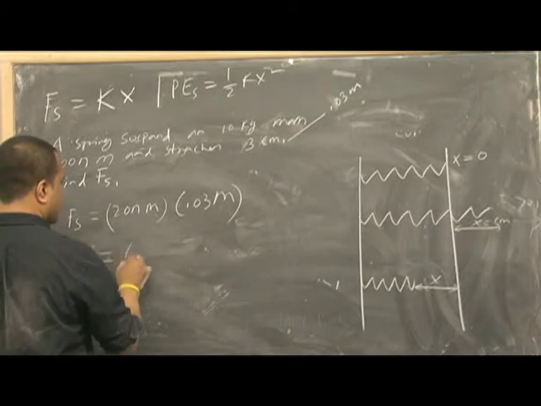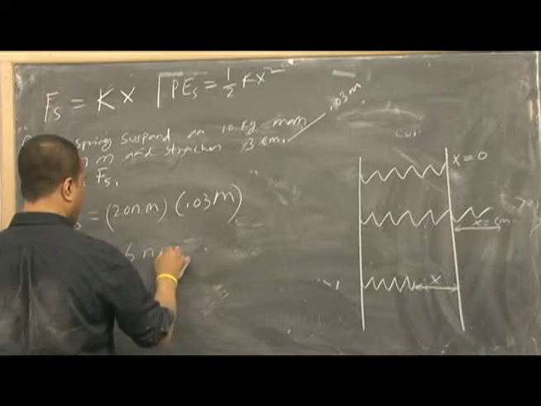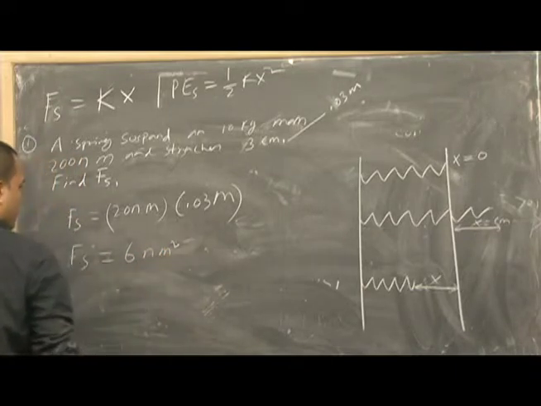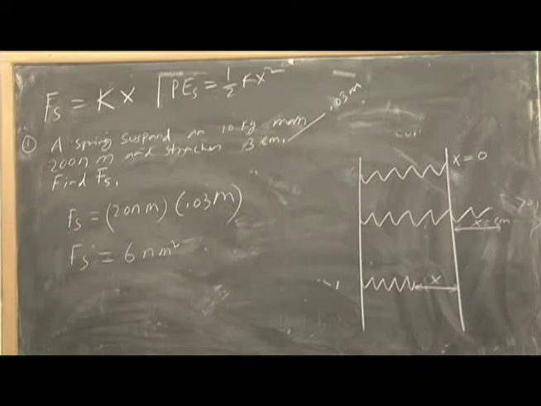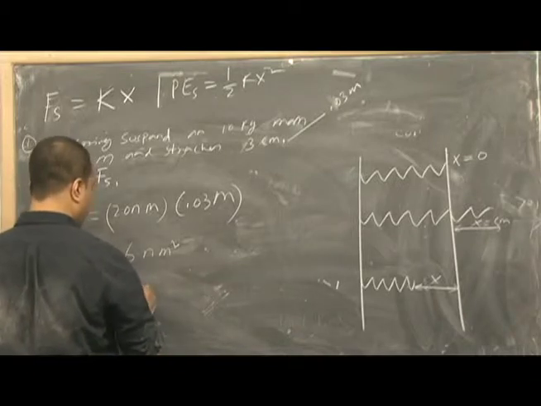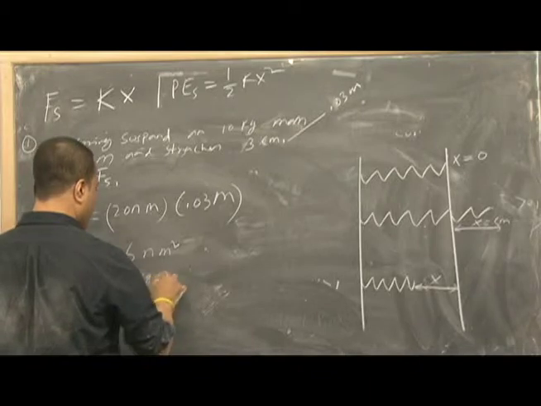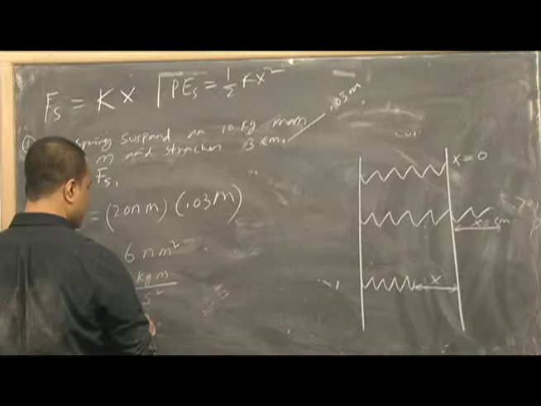Fs is 6 Newton meter square. What is Newton meter square? Let's see. Newton is simply kg meter per second square, and